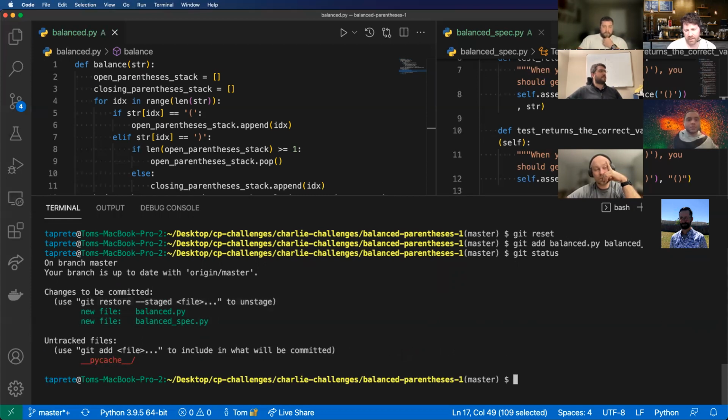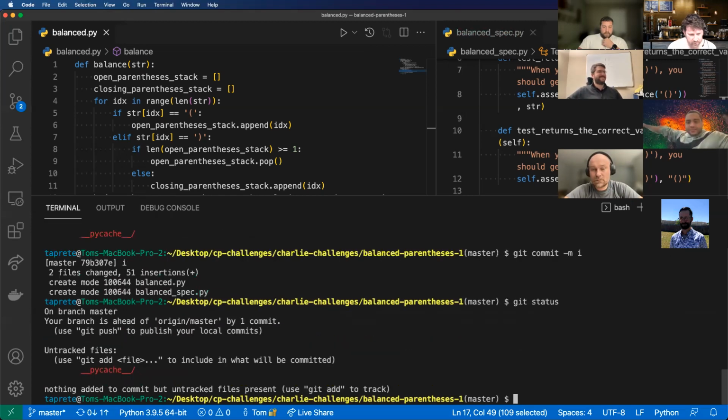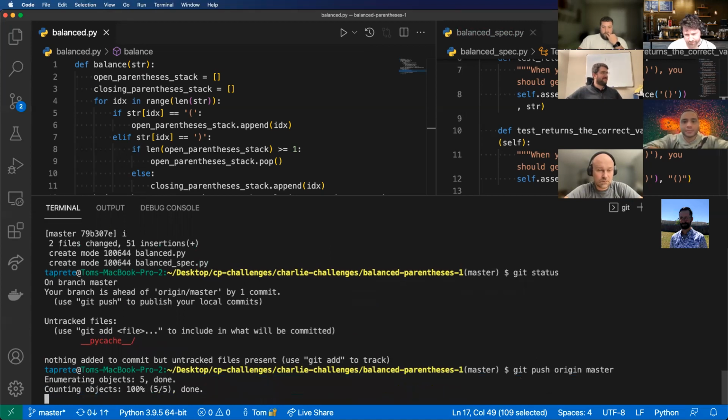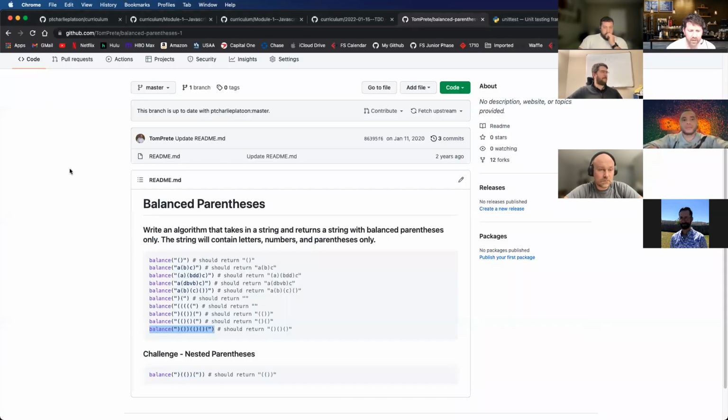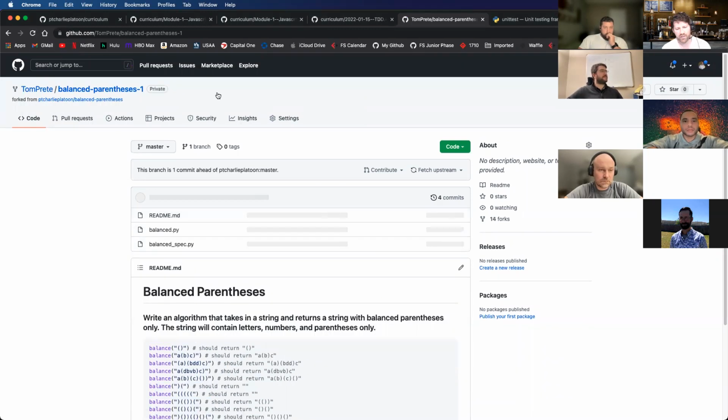And git commit. Oops, I just committed it, whatever. Git status. Git push origin master. I accidentally committed it without having an actual message. That's not very